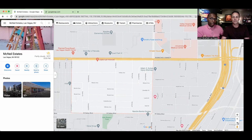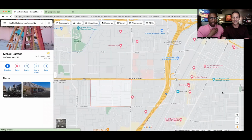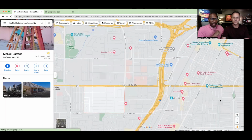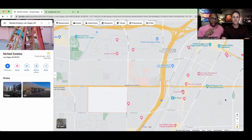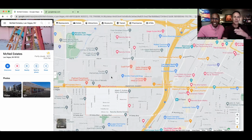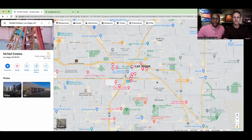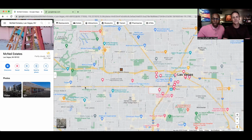It is very strong in the sense that these are the homes. So I wasn't born here, raised here. Vince has grown up here in the Las Vegas area since he was 6 years of age. These homes, these little areas that we've just shown you, these are the homes where a lot of the people here in Las Vegas, the kids of these families, actually lived. These were their homes first before they started migrating to the west, more towards the Summerlin